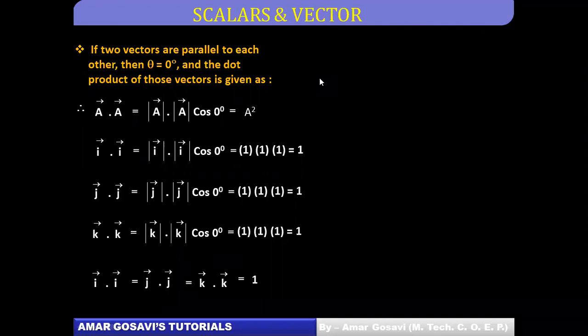Not necessarily, it does not have to be 0. We are just working on a specific case where we say the vectors are parallel. Only when they are parallel will theta be 0. If they are not parallel, obviously theta won't be 0. The situation would be different. This situation is analyzed only for the two vectors being parallel.